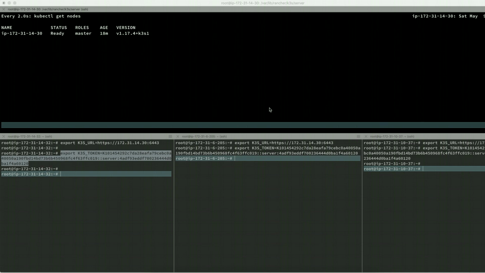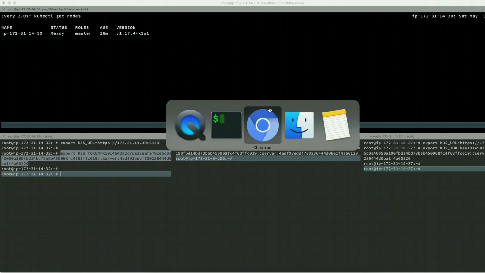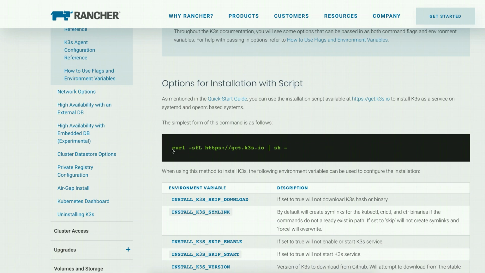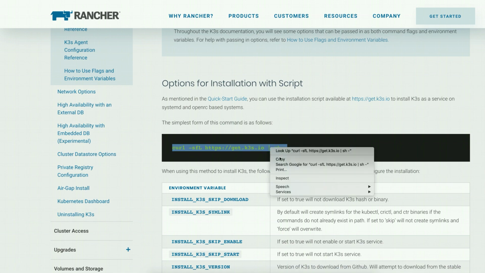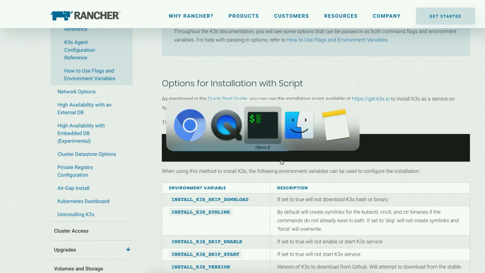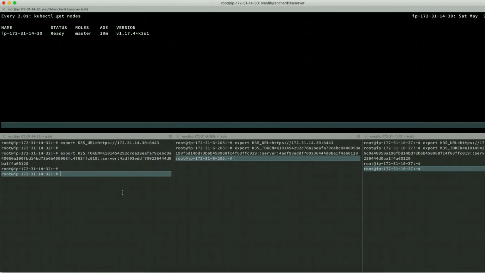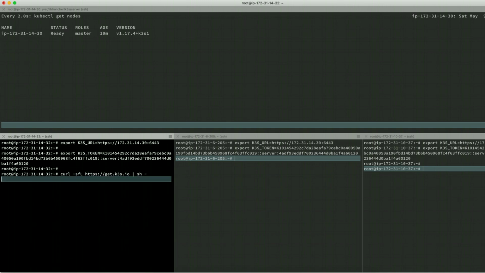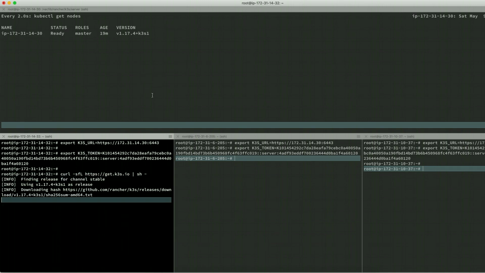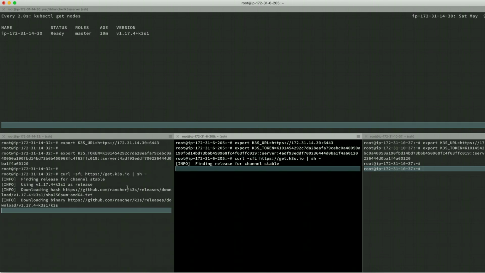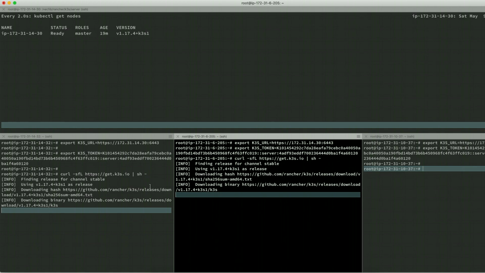Let's go back to the documentation page and grab the command. The same command we can utilize, and then go back to the terminal, and I'm executing this command on all the nodes. Just try to observe the top screen. As of now, we have only the master node. So once this command execution is completed on all the nodes,